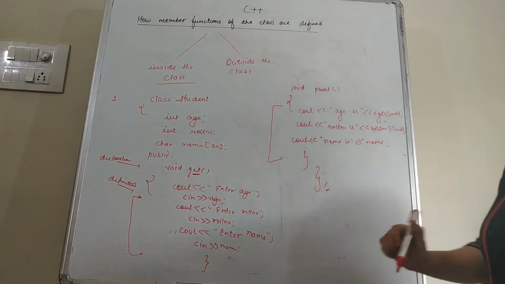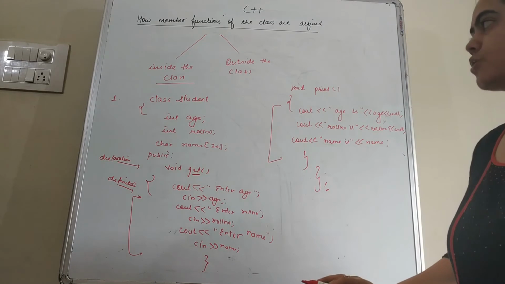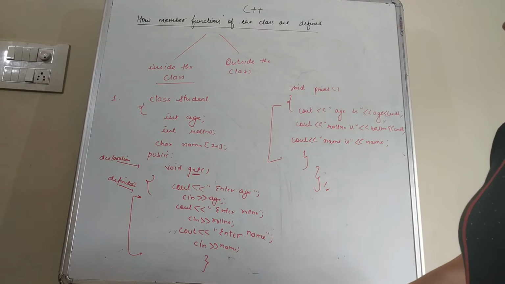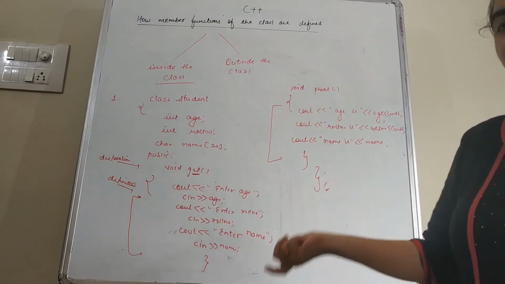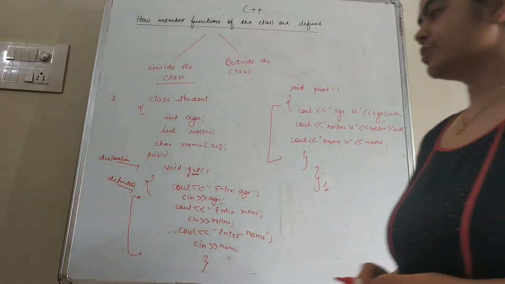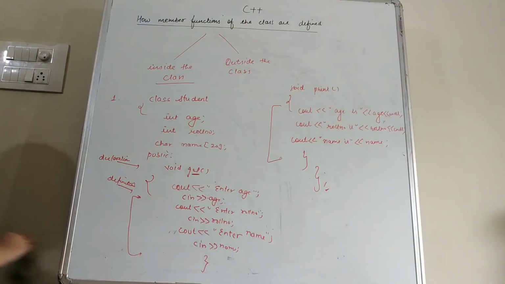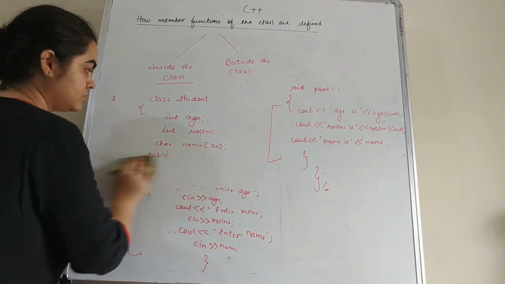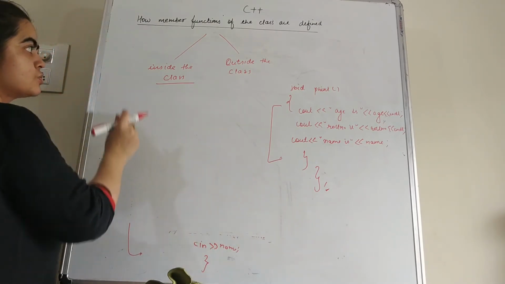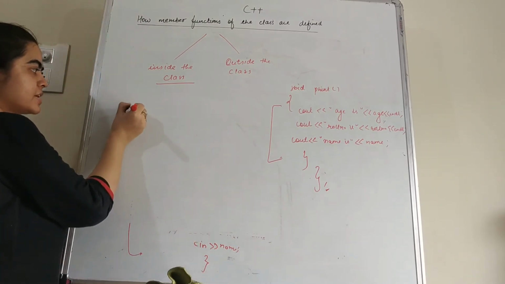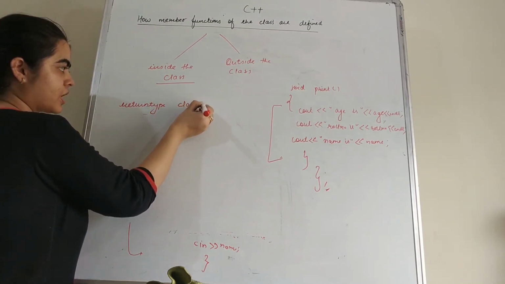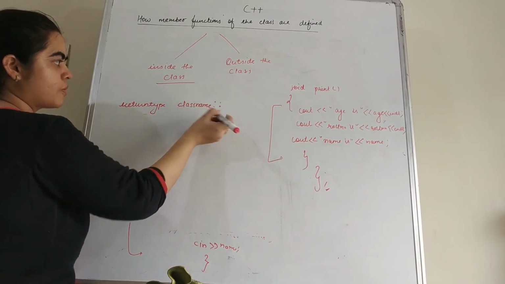Now we can see how we can define the member functions outside the class. So if we want to define the member functions outside the class, then we have to declare the functions within the class, and we have to define those functions outside the class. Now you can see, students, how we can define the functions outside the class. For that we have syntax. So what is the syntax? Syntax to define the functions outside the class is return type. After return type we have to write the name of the class, then scope resolution operator.